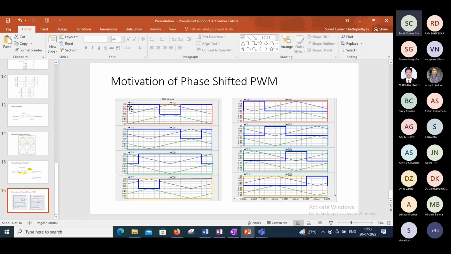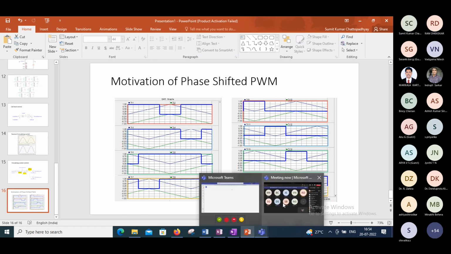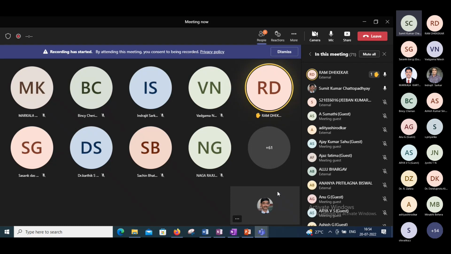Had this been 0.8 instead of 0.75, there would have been pulses varying between 4V and 3V. And then we would have found 4 pulses within one cycle of the carrier. So that's how the frequency gets multiplied, other than adding the number of levels. Anyway, that discussion is going to take much longer, so we'll discuss it later if you are interested. Any other question?